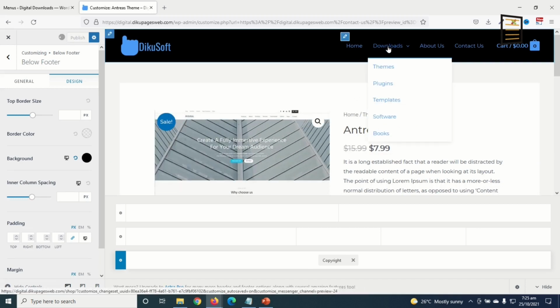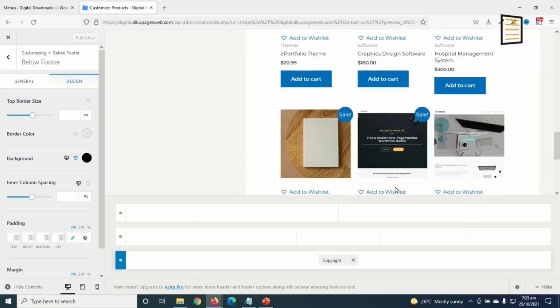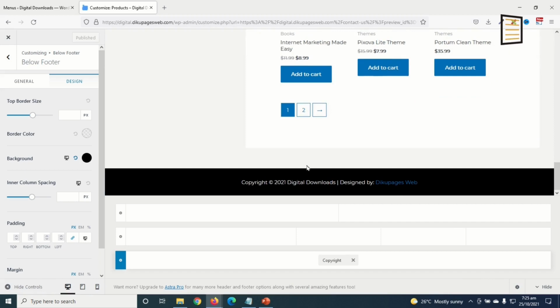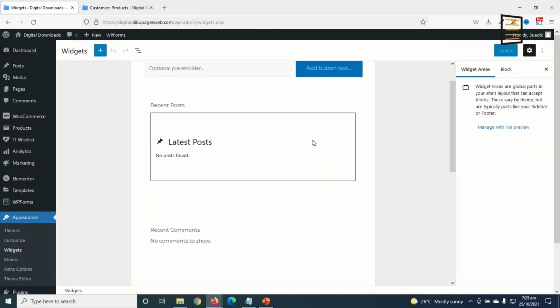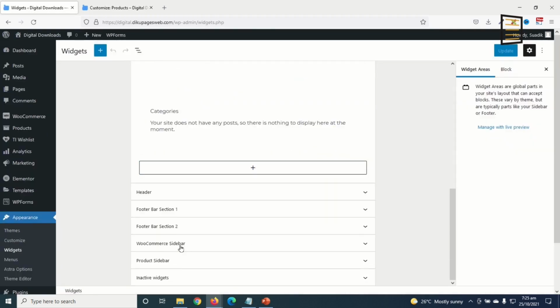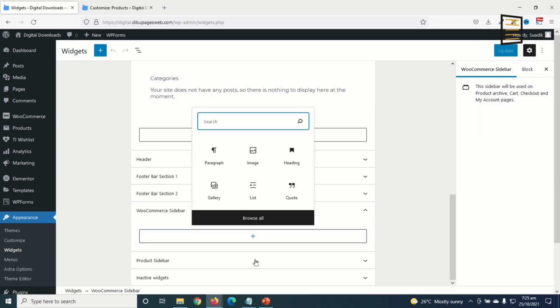Meanwhile, we can't see our sidebar on the downloads page yet, as you can see in here, and also the footer menus, we can't see them. So to do that, we need to go back to the back end in order to get them. So I go back to the back end, and the appearance, I go over to widgets. The first thing I'll do is go over to WooCommerce sidebar, click on it. Now click on the plus icon here.